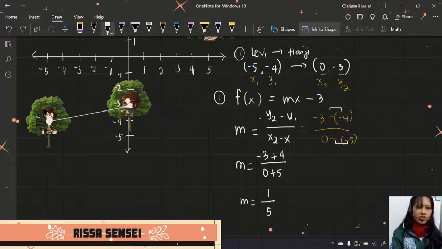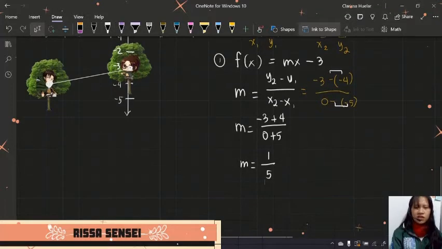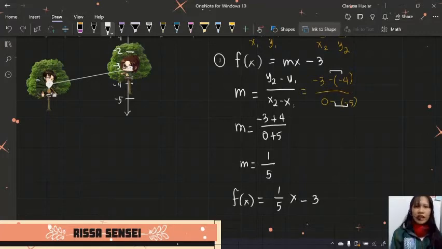And how are we going to write its function? This now will become f of x equals 1 over 5x minus 3. So, that is our function. Okay? And there is one more technique on how to